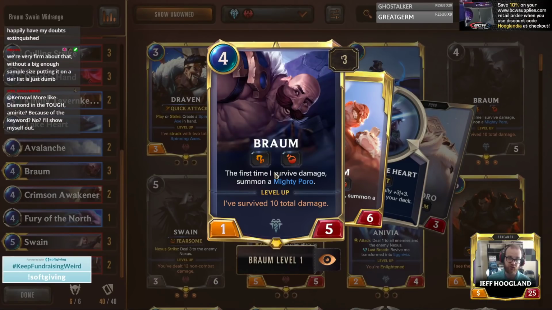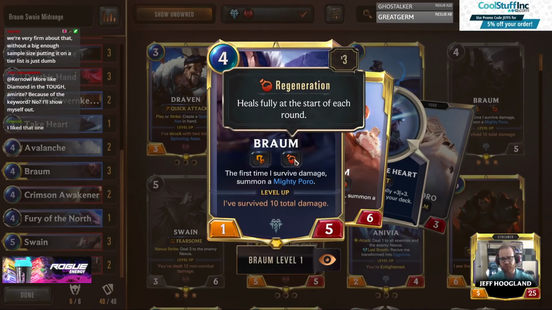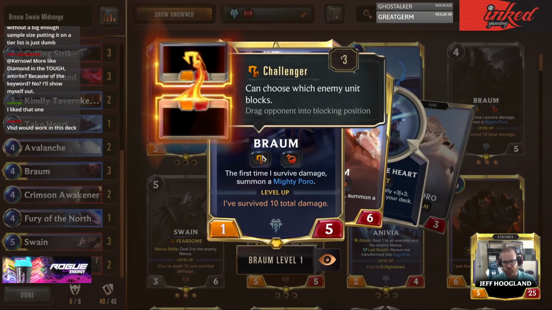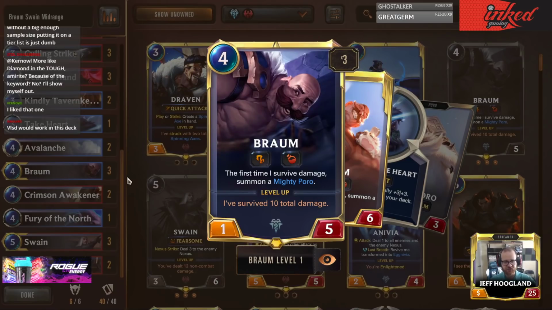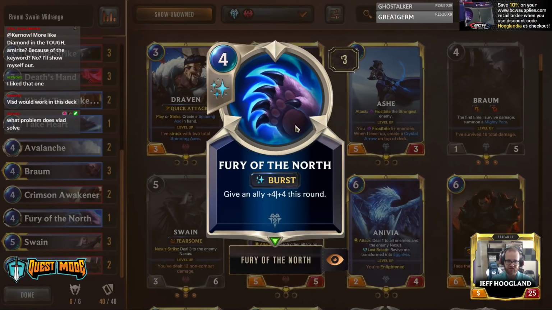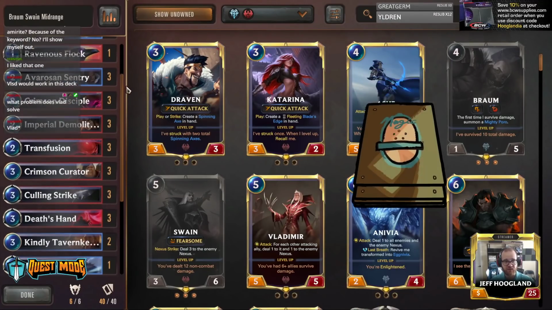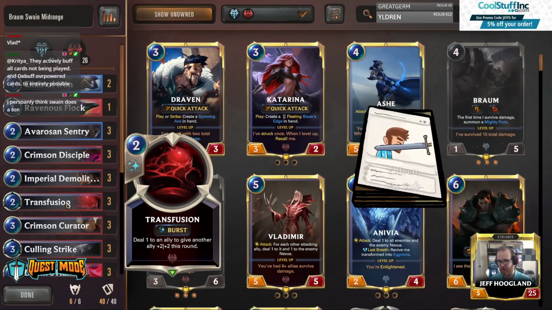Braum got a buff 2 patches ago now, so he has a point of power, and he creates a Mighty Poro the first time he survives damage, and then he levels up when he survives 10 total damage. He's self-enabling a little bit with his regeneration and his challenger, but in order to make him a little bit easier to level up, we also pair Braum with a variety of pump spells, such as Fury in the North and Take Heart, and then one of the best pump spells in this game, I think, right now,